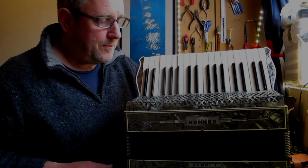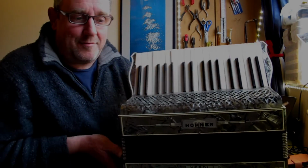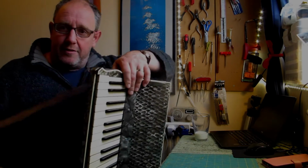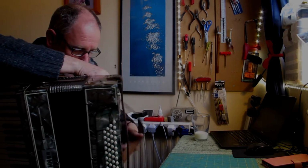So first thing, I'll show you what it sounds like now, which is not brilliant because it hasn't been serviced probably for ever, but it's a really good thing to start to work on because it's a really good quality instrument anyway. So if I just pop it on,